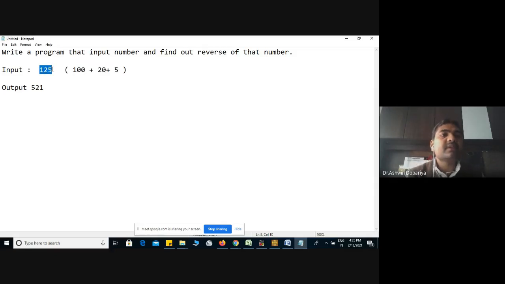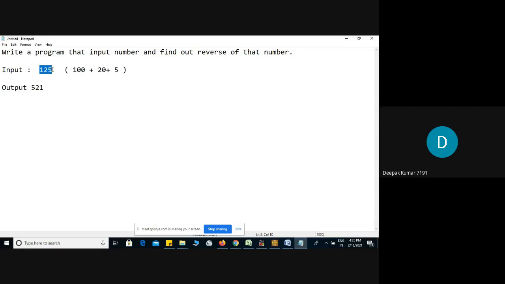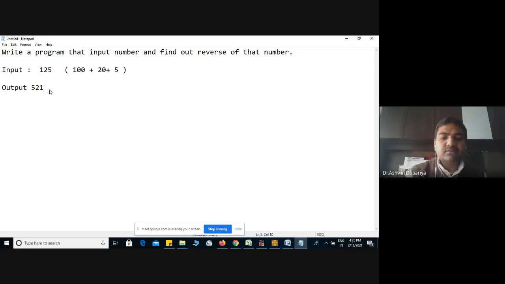Similarly, the same thing you have to do over here. 5 multiplied by 100 plus 2 multiplied by 10. So see here, we do not multiply with any number for the last digit, but here it is multiplied by 10, and here it is multiplied by 100. So what we have to do, the first logic is